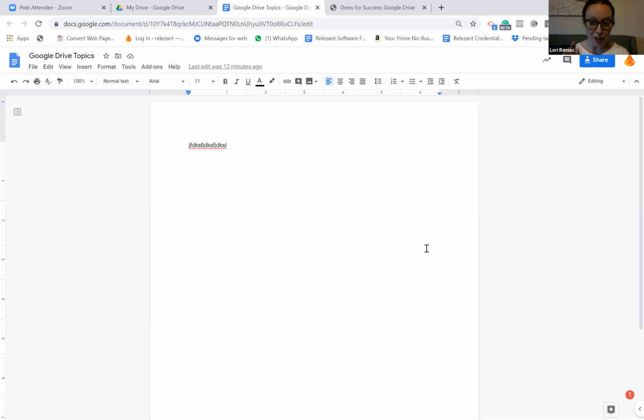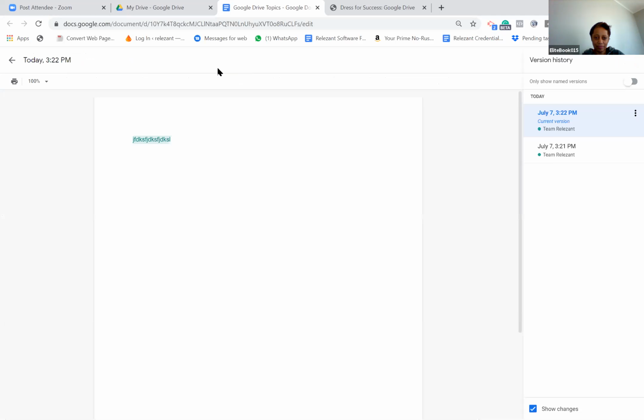Now, there is one cool feature I didn't get to yet, but you're going to like this, Kiva. In every single document and sheet, can you see where my mouse is where it says last edit 12 minutes ago? You can see every single change, the date, the time, and who made it. So let's say you gave me edit access to something, but you meant to give me view access and I messed something up. I deleted something and I cannot figure it out.